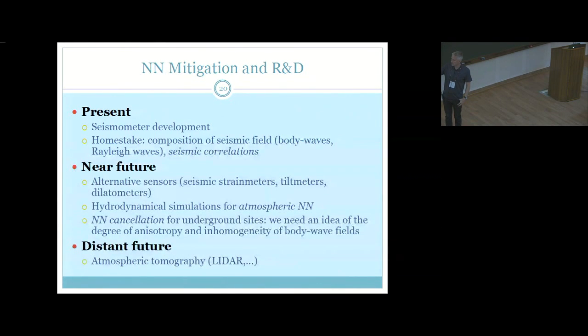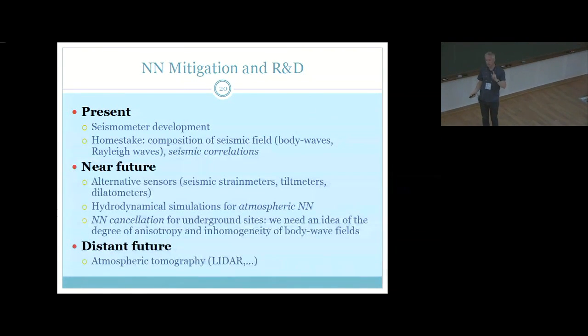But there's something else, not applicable yet for this problem, but something that may be an option in the future: LIDAR systems, laser monitoring systems that can actually do atmospheric topography, where you would have many lasers shooting into your atmosphere, and then you see what's coming back, and you would be able to see density perturbations, temperature perturbations, and so on of the atmosphere. And that may be turned into a cancellation system for atmospheric Newtonian noise, maybe. But that is really distant future, and that's all I wanted to say. Thanks.